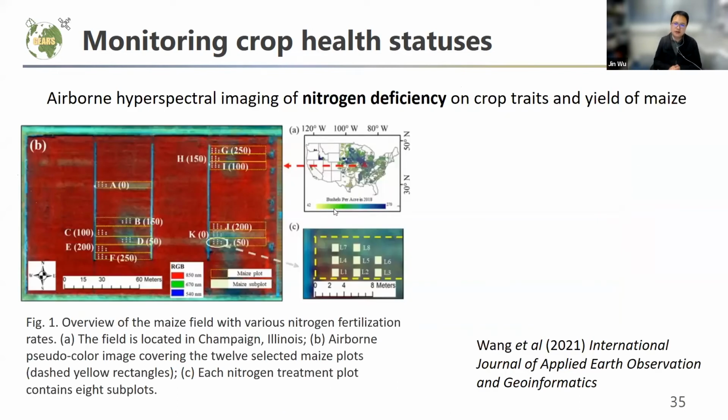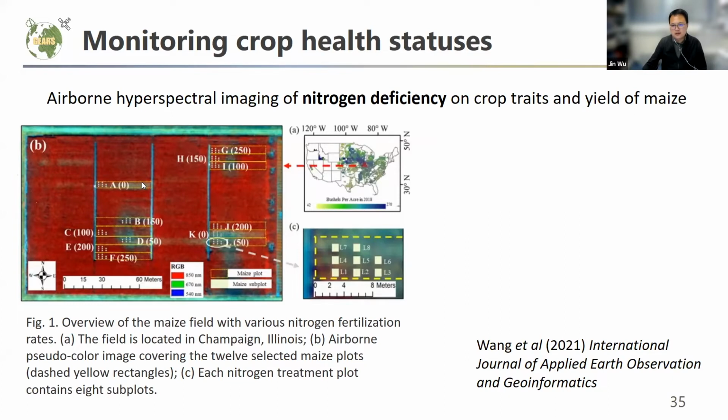And we can also use this kind of technique to detect nutrient deficiency. Here is a result from my colleague, Dr. Kai Guang from the University of Illinois. They have a really big crop management land at the university, and the yellow box indicates their experimental site. Within each site, the digital number represents the nutrient treatment. They have different nitrogen adding levels, from 0 until 2015, representing a gradient.